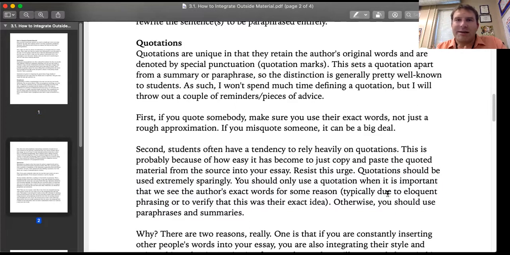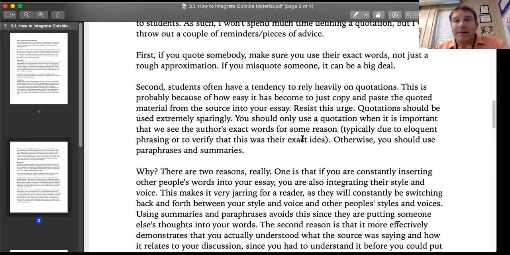So that's the only time that you would actually use a quote. You need to show exactly what they're talking about, or they use a very interesting way that they phrased it. Otherwise, you should use paraphrases and summaries. In fact, most of an essay would probably be paraphrases and summaries. Honestly, for this essay that you're going to write for me in the coming week, you're mainly going to use summaries. You use paraphrases, summaries, and quotes to weave it together in a nice synthesized rope. But I know for a fact that most of you will probably use summaries, which is fine.